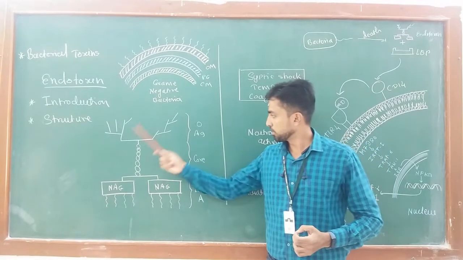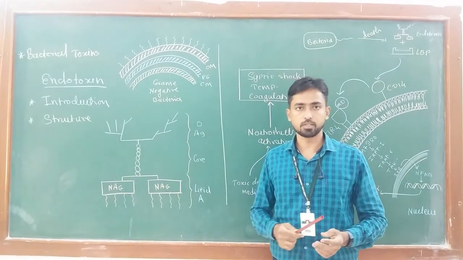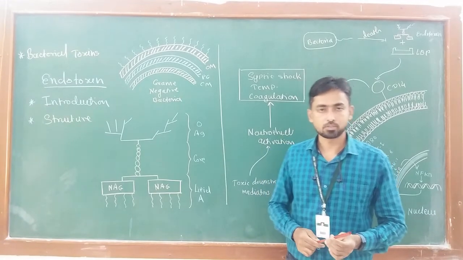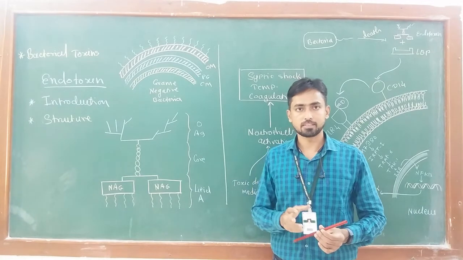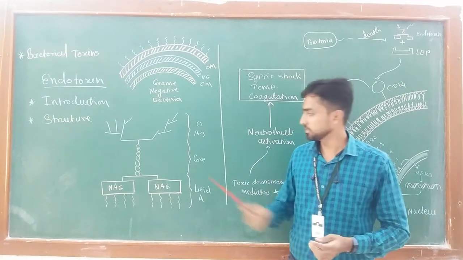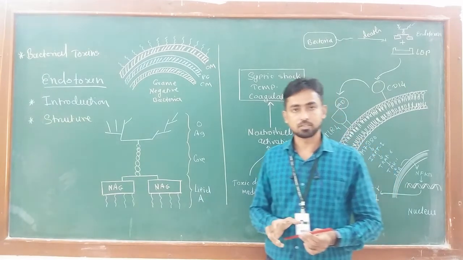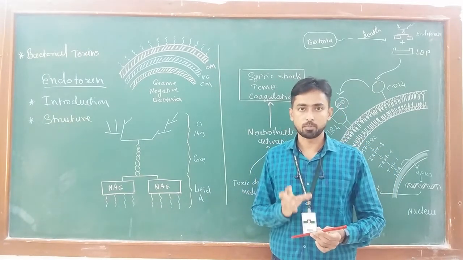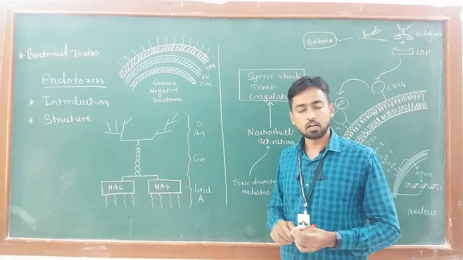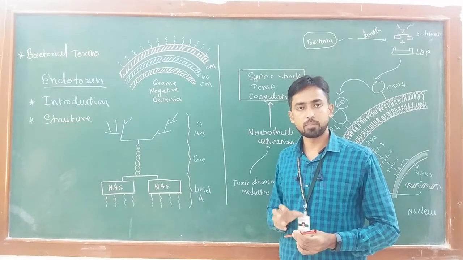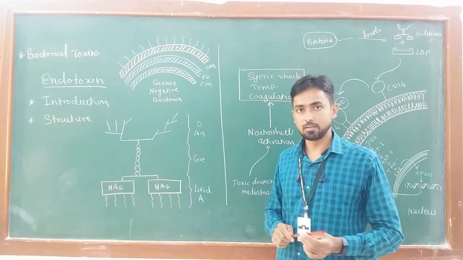This endotoxin or lipopolysaccharide plays various roles in the producing gram-negative bacterial cell. Due to the negative charge of this lipopolysaccharide, the bacterial cell gets stability. It is also involved in adhesion to different types of surfaces, and these endotoxins also serve as a selective permeability barrier which avoids the entry of toxic molecules inside the cell.